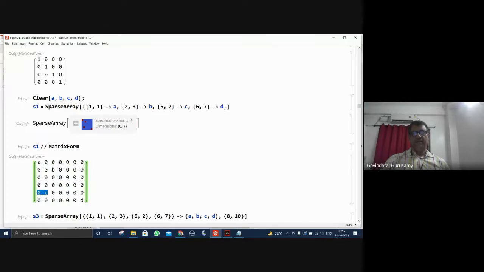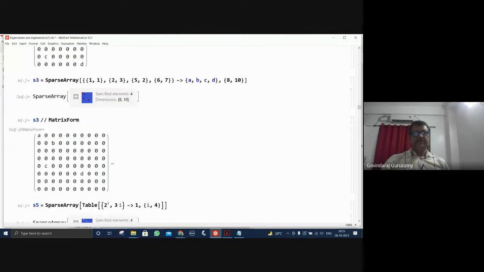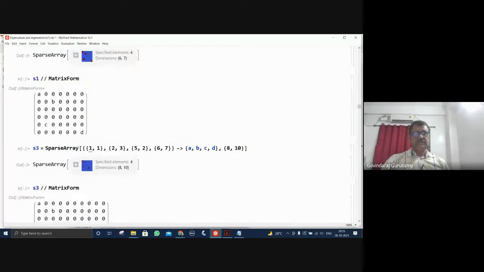And then you have sixth row, seventh column, letter D. You know, A, B, C, D are all added here, the way you like to have it, that can be created. So this creation of such things is called the sparse array. Okay, so you can have various types of sparse array matrices, and they also find a lot of applications. We are not going to spend time on the applications of that. We try to learn that it is possible for us to define such things.